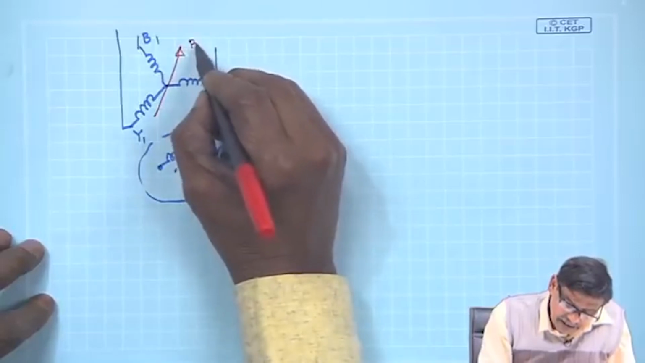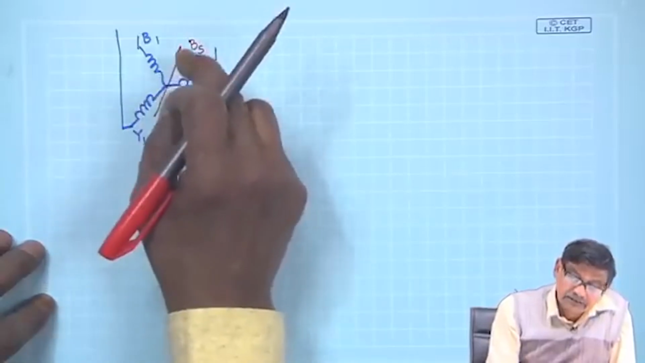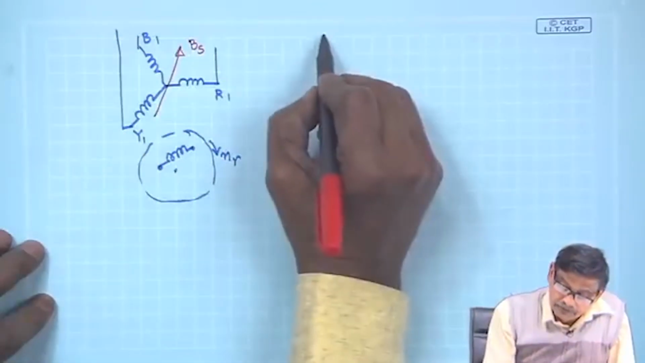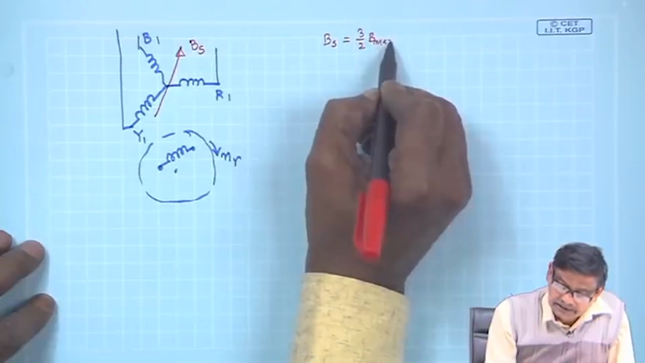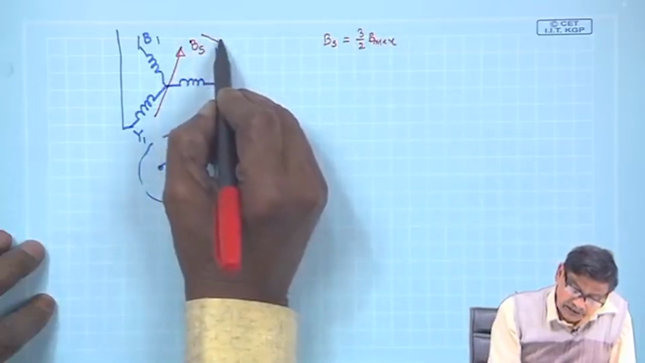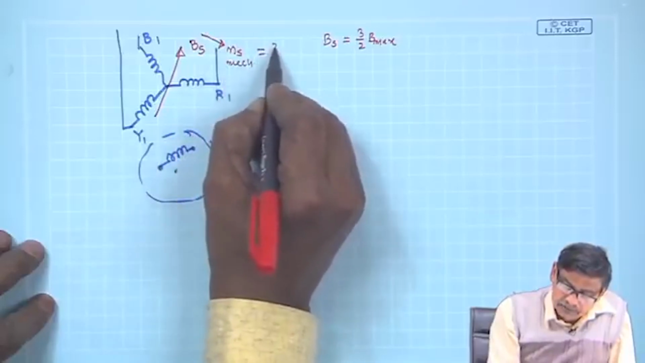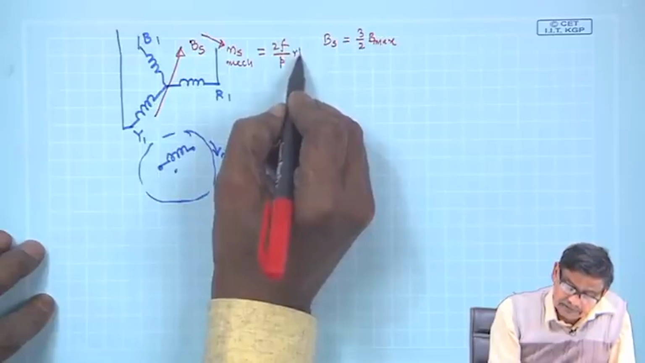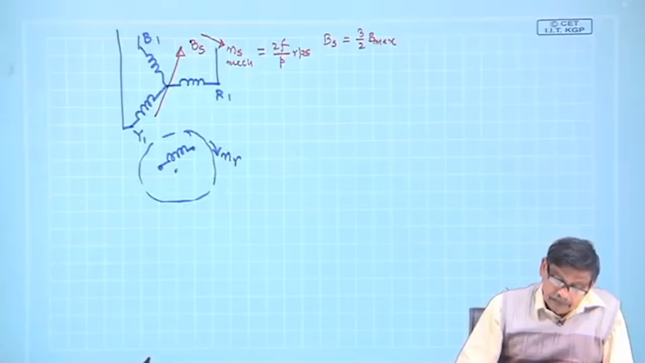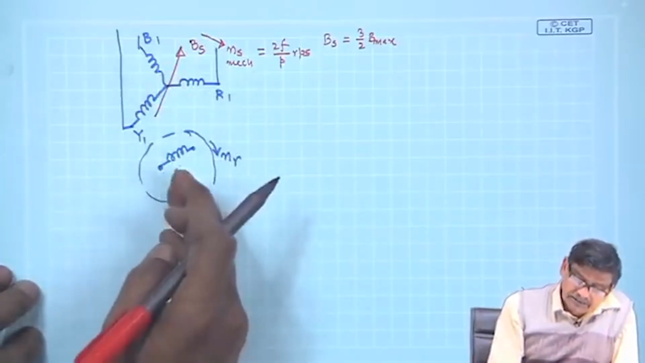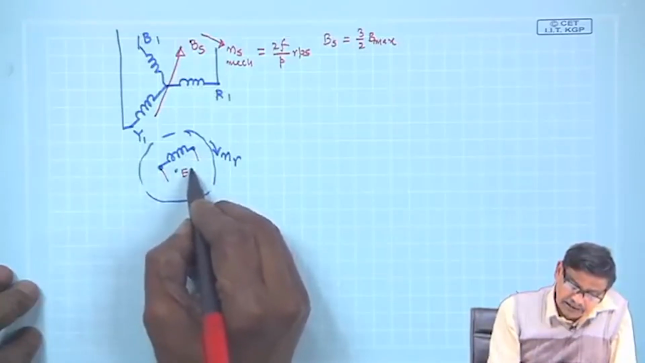which I will just call Bs, which is the strength of peak value of this one is 3 by 2 B max. So, Bs, suppose let us also simplify that, I will write it like this, and it is suppose rotating in this direction with mechanical speed, Ns equal to 2f by P, so much RPS. Multiply by 60, you will get RPM. So, we will just simply draw like this, and then I was telling what will be the induced voltage here